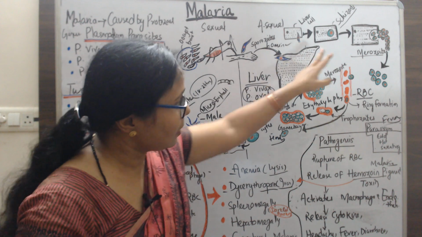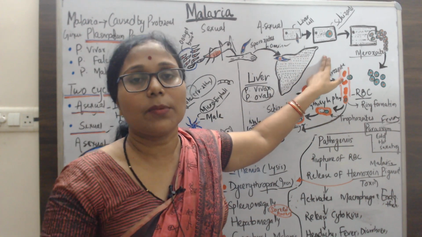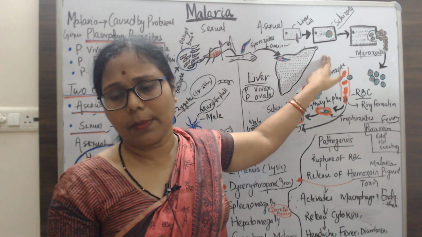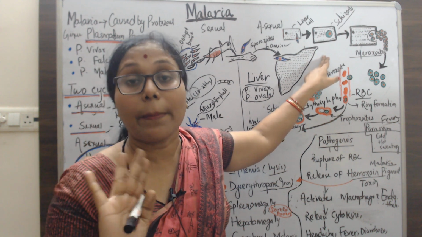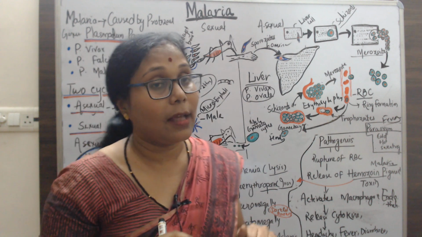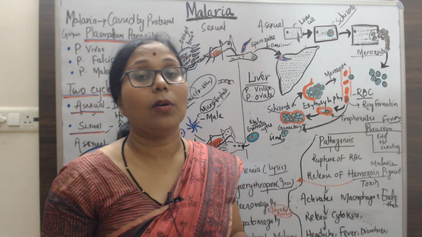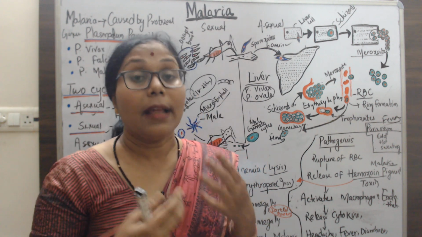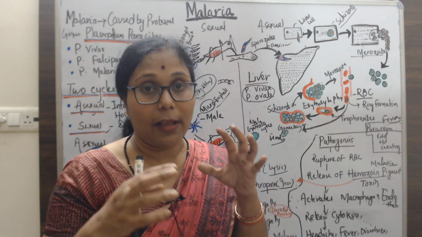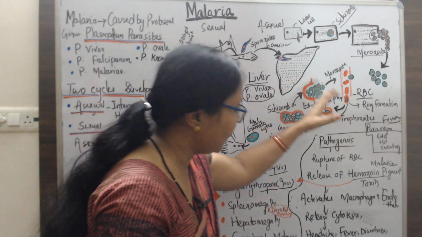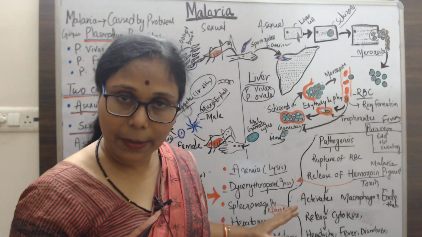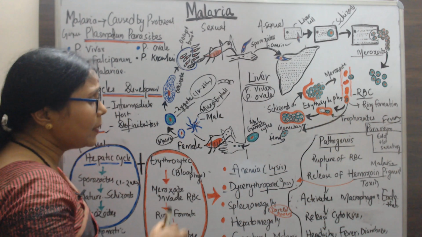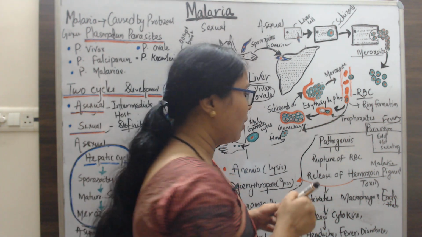In the hepatic phase, one thing is that it is asymptomatic, meaning no symptoms of fever or chills, as you see in the paroxysm of fever. Those are not developed in the hepatic phase. But when the parasites are affecting the RBC, or the RBC breakdown takes place, that is when merozoites affect the RBC, and the clinical features of malaria develop in the erythrocytic phase. So what happens? Let's see the pathogenesis, how it occurs.